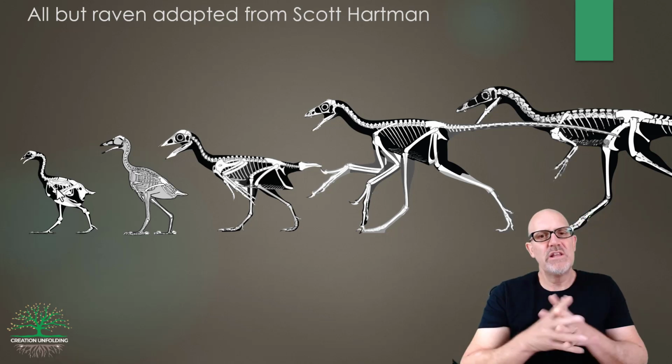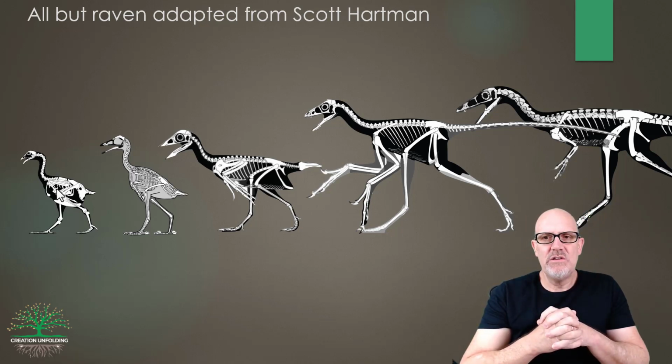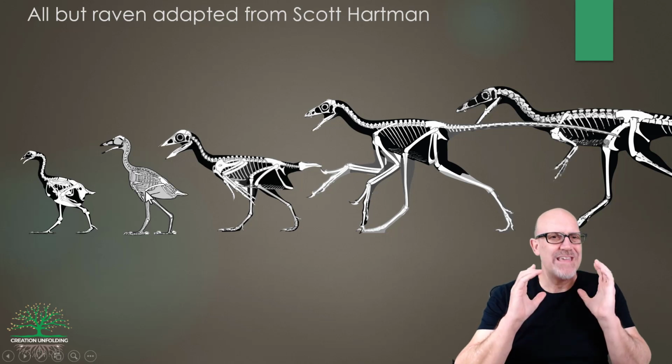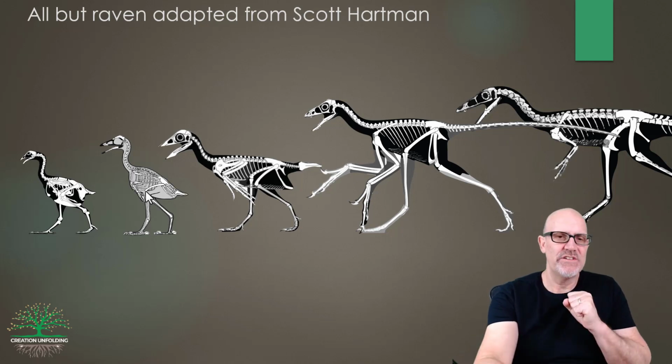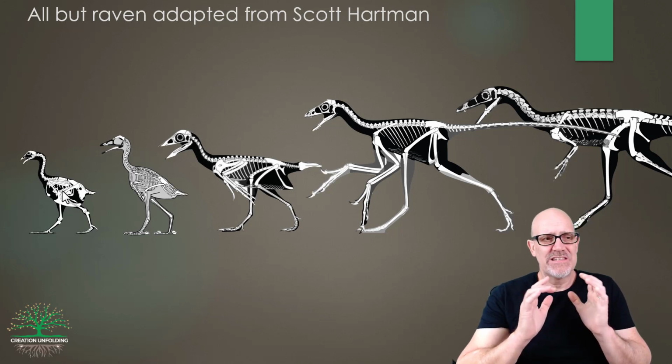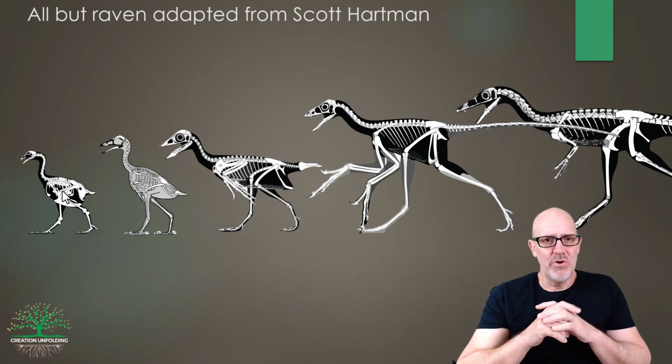And if I was an evolutionist, I could see why the evolutionary story would seem to make sense. It looks like there is sort of a transition going on here. Now, if you put flesh on these things, they're very different from each other. For example, we've got a skeleton of a chicken, but you could take the skeleton of any number of birds